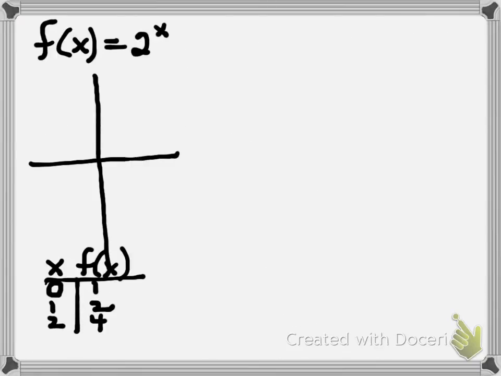So let's make a table of values. 2 to the 0 is 1, 2 to the first is 2, 2 to the second is 4. But also give yourself some negatives. 2 to the negative 1 is 1/2. So now when I sketch this,